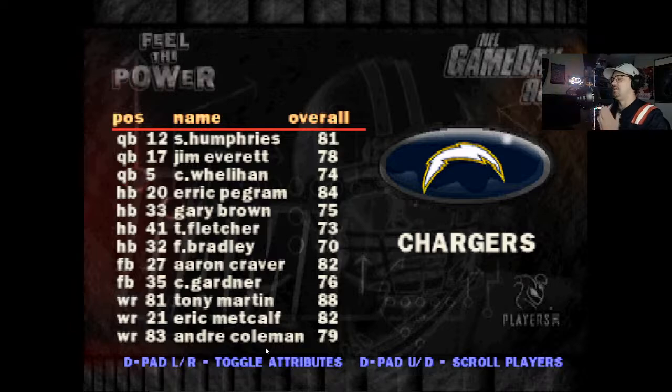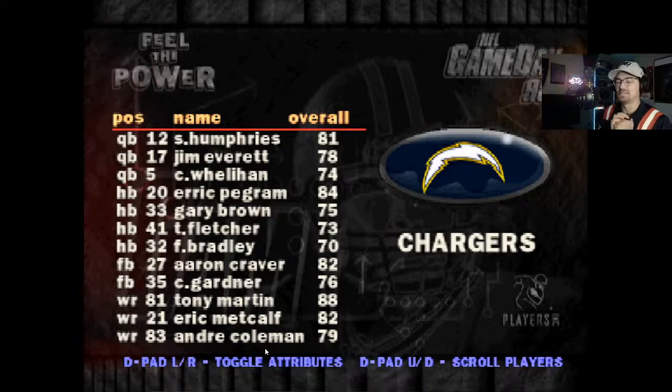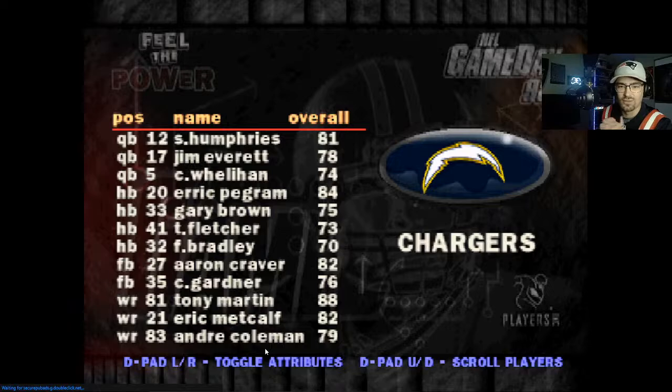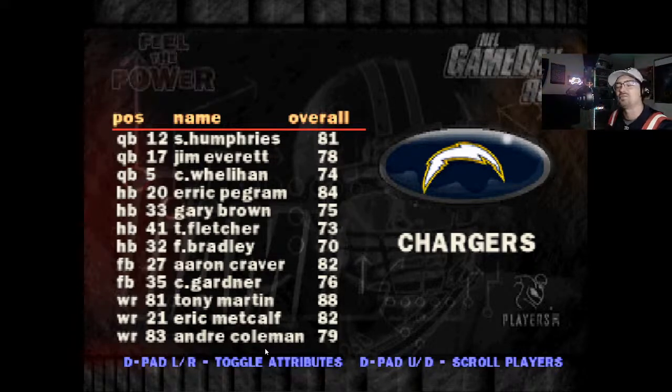Here we go. The San Diego Chargers. So, this is so great. This is a great time to talk about this. This is the 1997 season. The San Diego Chargers will end up being the second worst team in the league this year, behind only the Colts. They draft Ryan Leaf. This game does not have Ryan Leaf in it, but Ryan Leaf was drafted by this Chargers team in the draft after this season.